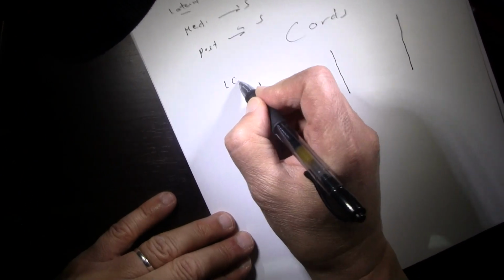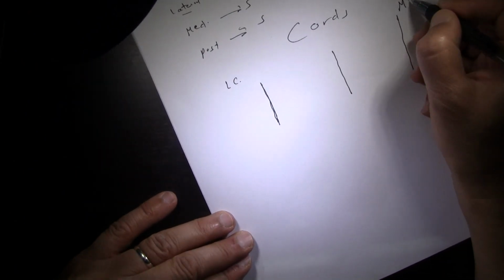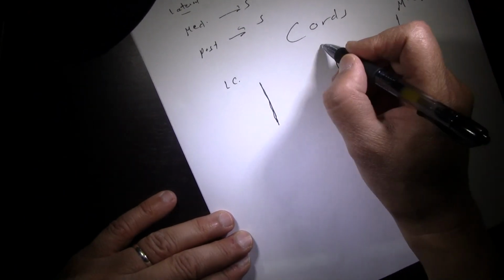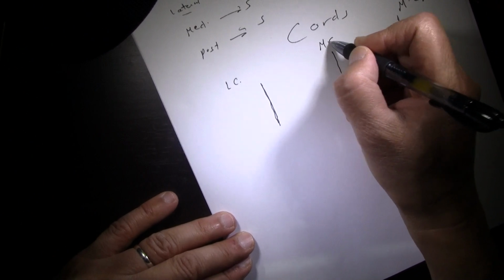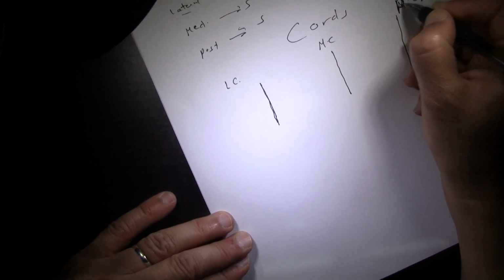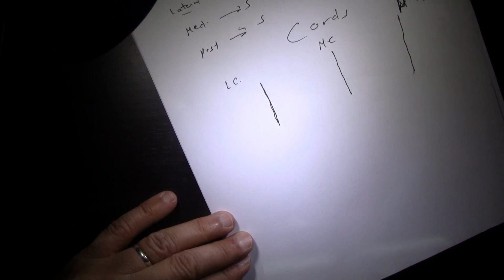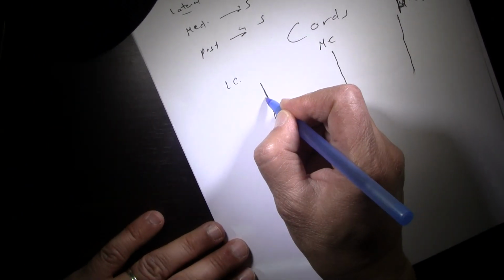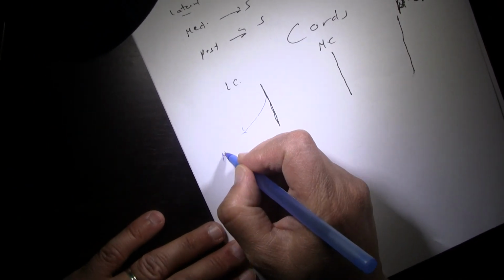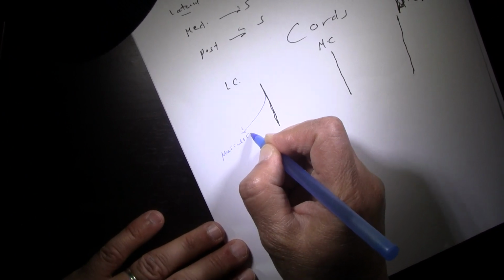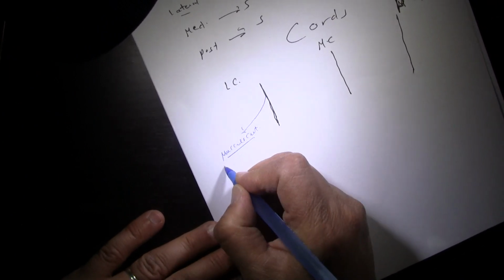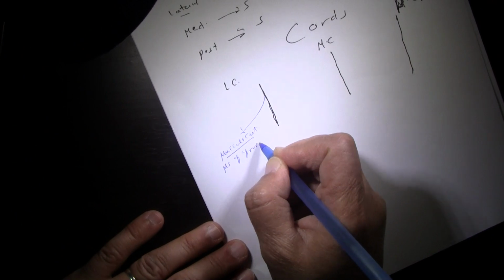This is lateral cord, medial cord, posterior cord. Okay, the lateral cord gives musculocutaneous, supplying muscles of the front of the arm,